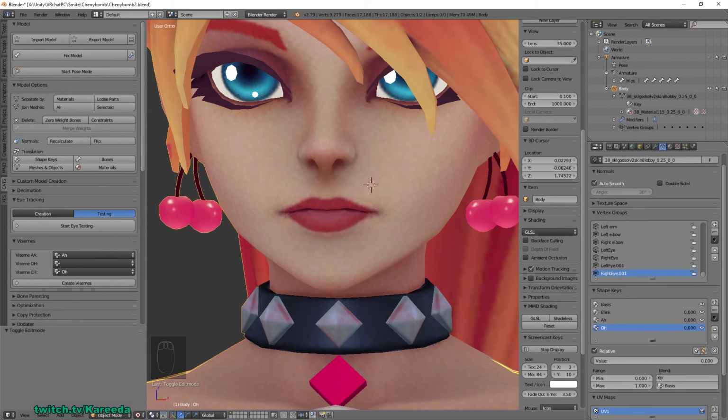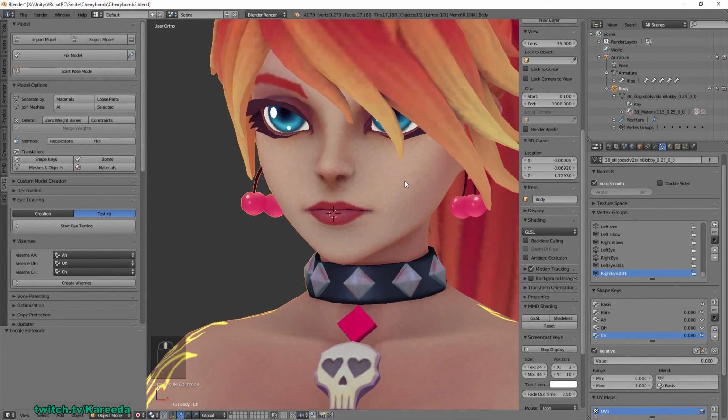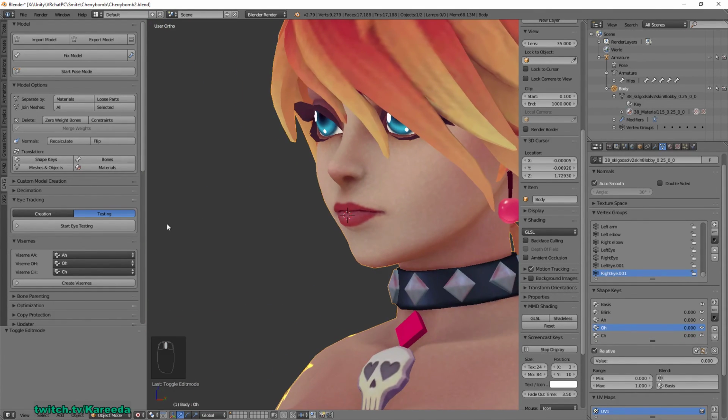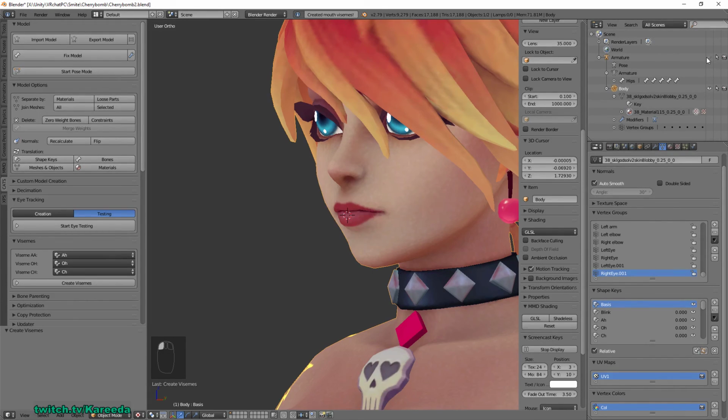I'm going to quickly do that while not recording to move on. Now that I've created the ch sound, it's going to work just like before. You can click on them and open the value to see all the different mouth movements. And you generate just like before as well. You just have to enter the ah, oh, and ch sounds into the correct area of the generator, and you hit create Viseme. We can now click on body here, and you'll notice that it's now generated all the mouth